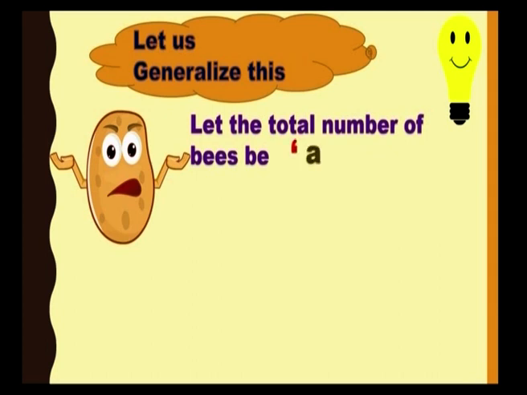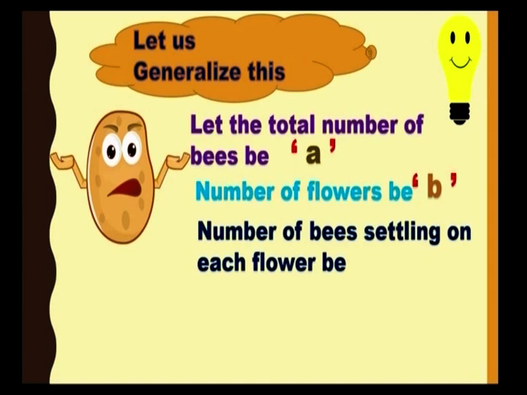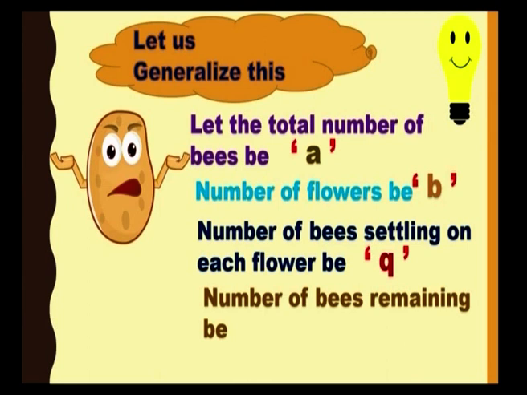Let us generalize this. Let the total number of bees be A, the number of flowers be B, the number of bees settling on each flower be Q, and the number of bees remaining be R. So we have considered A is the total number of bees, B is the number of flowers, Q is the number of bees settling on each flower, and R is the remaining bees, which can be translated to,